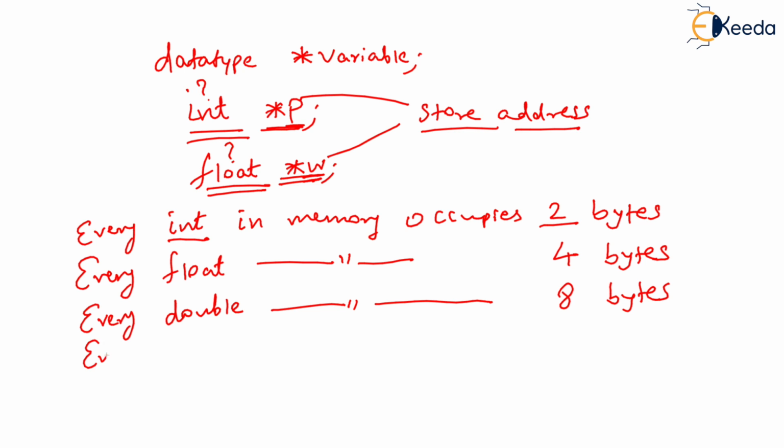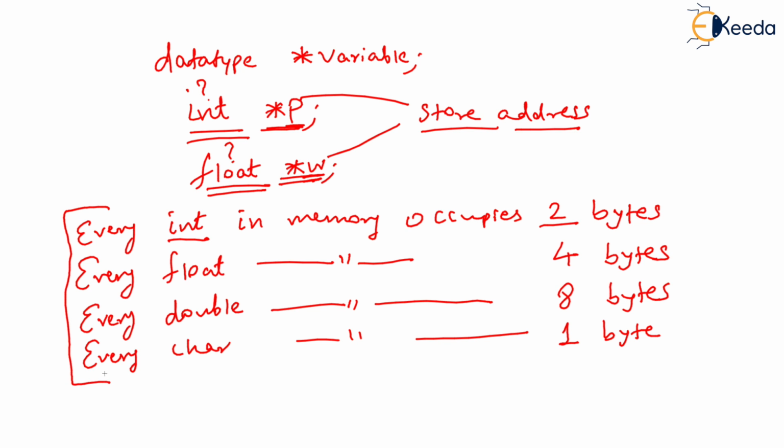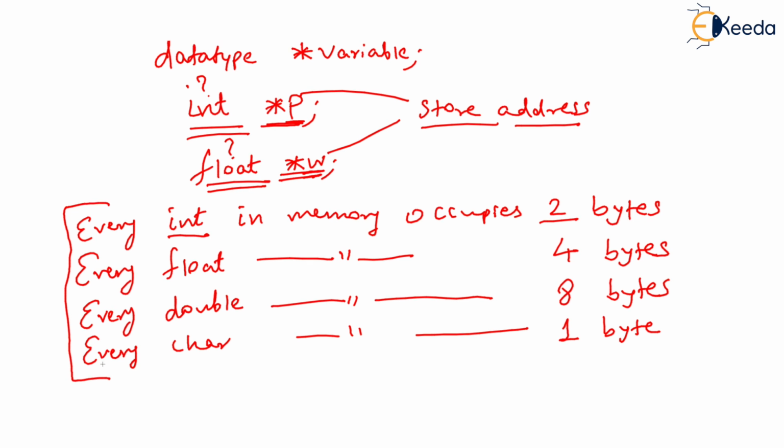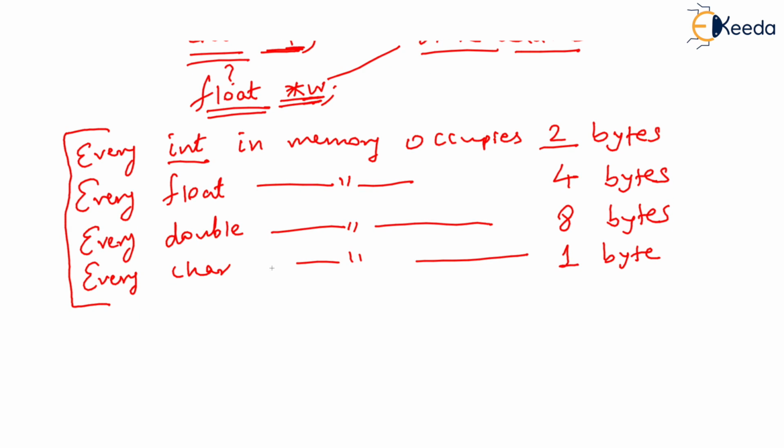And every character variable occupies 1 byte of memory. So char is the smallest data type. To store a single character like A or Z, you need only 1 byte. Okay. So just see, these are the memory requirements of the basic data types. But then the lesson in this video is that every